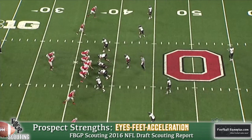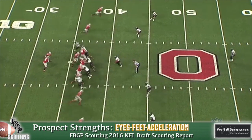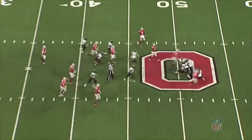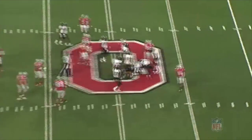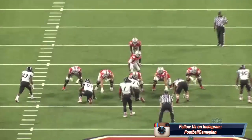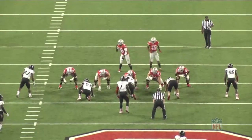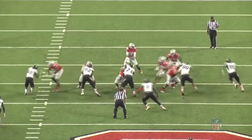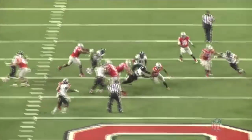You always hear me talk about a running back's ability to have his eyes and feet in unison, which means he's not only able to see the hole, whether it's front side or back side or at an awkward angle, but he's able to get there with his footwork. And with Ezekiel Elliott, he's able to accelerate off that plant, which allows him to speed through the hole and also get ahead of that second and third level, which is why you always see him ripping off large chunks